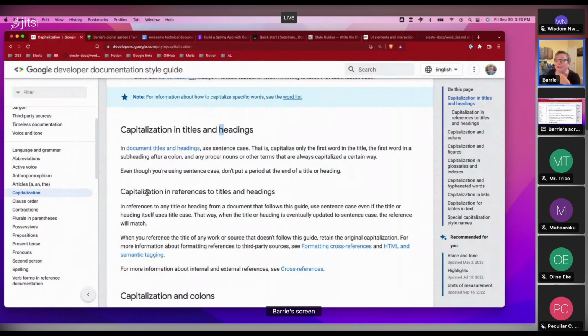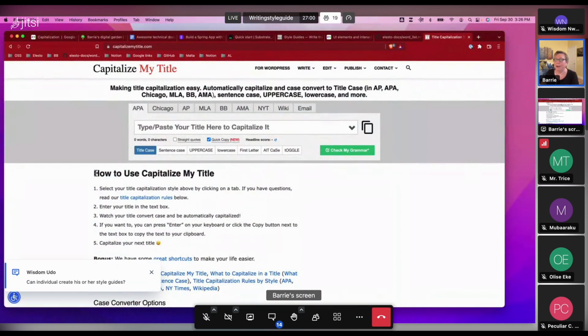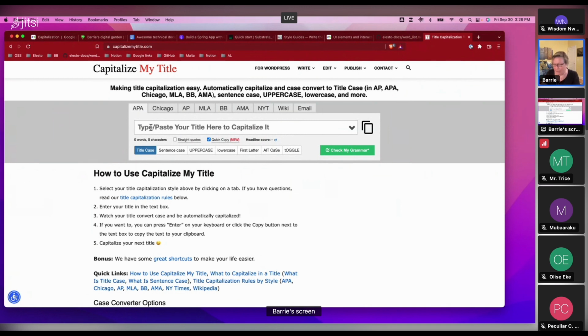If I have influence at a place that I work, I encourage them to always use the same capitalization. You know what's another good trick? I should add this actually. There's something called Capitalize My Title. Let's say I don't know if the word "to" is something that I always don't remember. So in title case, you don't have to capitalize "to". But if you use sentence case, hello,